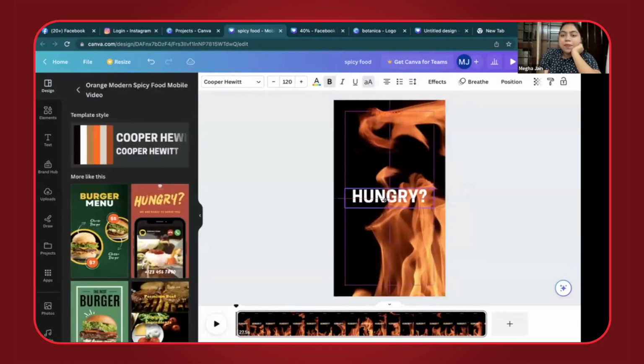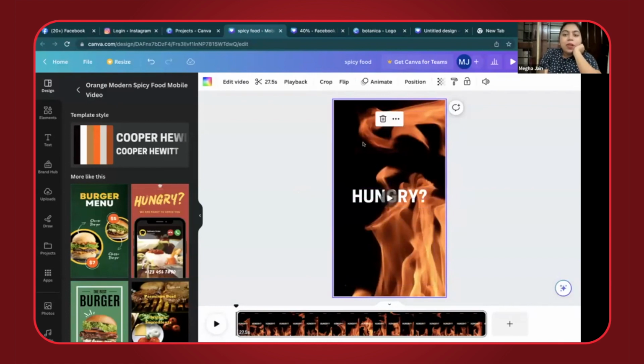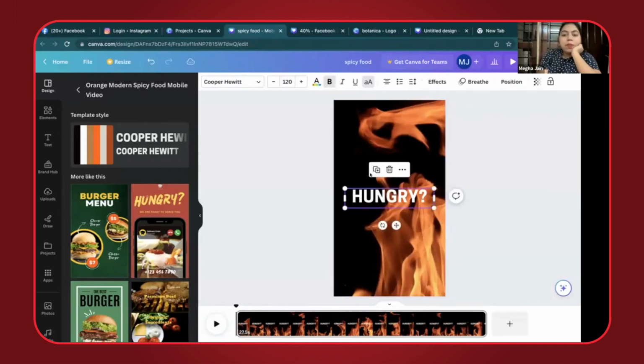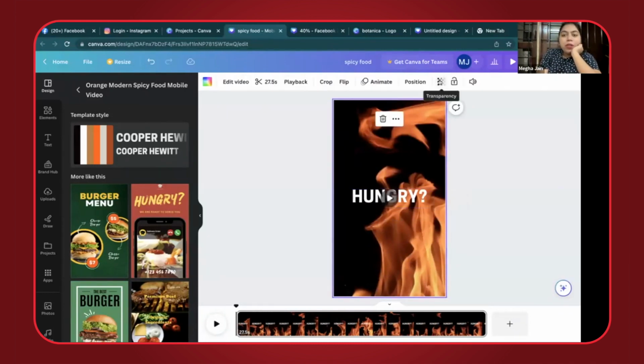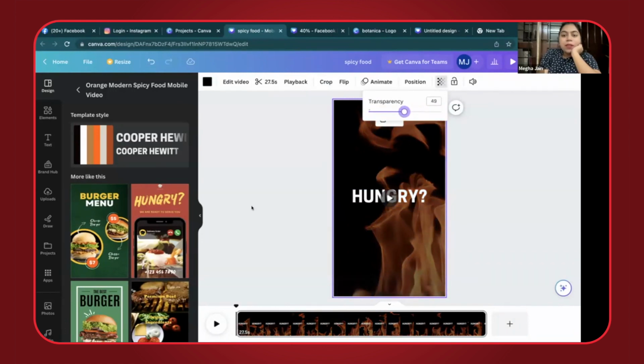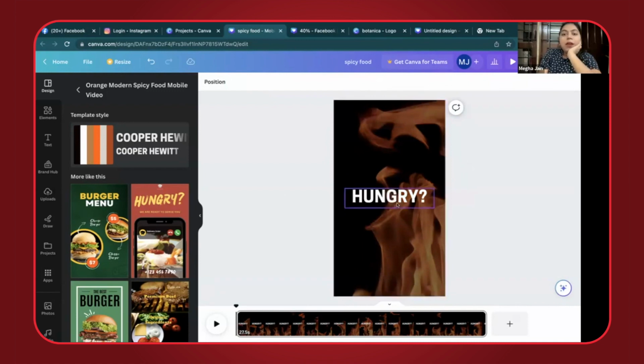Hungry. Or maybe are you feeling hungry? Now you can see over here that the background is too bright, because of which this is not coming. So you can click on it and play with the transparency a little bit like this. So that fire is there, but not that much, right? Hungry. So I'll write over here